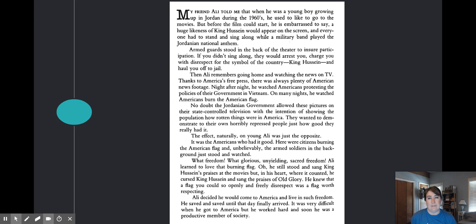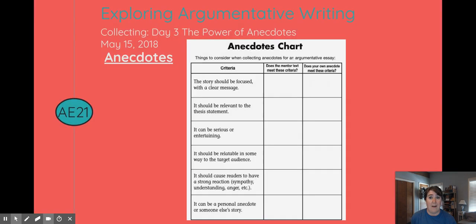I'm going to stop there because, as you recall, this story was about the freedoms that Americans have where they are able to burn their flag, and how Ali ended up moving to America so that he could also enjoy these freedoms. Not that he wanted to burn the flag, but that he wanted to live in a place where people had the right, even if we don't necessarily agree with the sentiment. So looking at this clear, focused message,